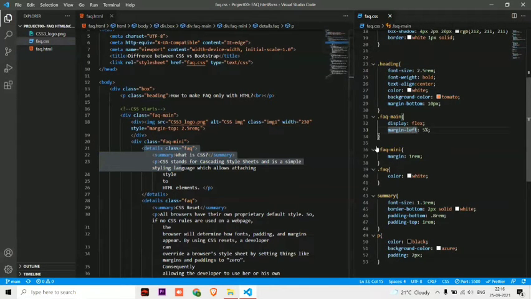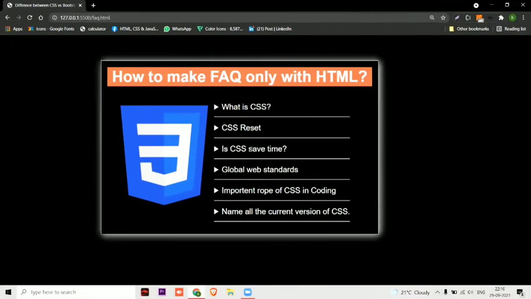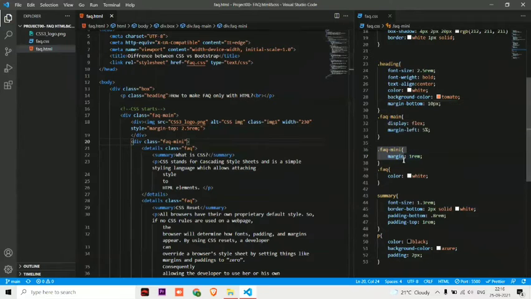And after that, FAQ mini, okay? So in FAQ mini, here we will come again. So now we have entered in FAQ, okay? We have done this and now we have entered in this side, whatever questions are showing, okay? So we are going to design this now, okay? So this part is a FAQ mini. So in FAQ mini, I haven't done much thing. I have just given margin